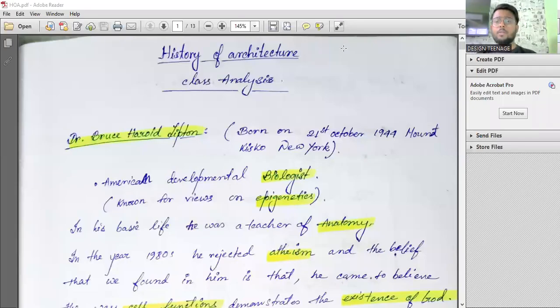Okay, good evening, everyone. So today's class, as discussed, will be starting on history of architecture. Before we start or discuss anything related to this, I must inform you guys that history of architecture is a vast thing, and it changes from place to place. For example, what's the history of architecture in India?